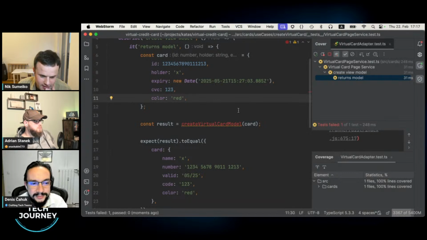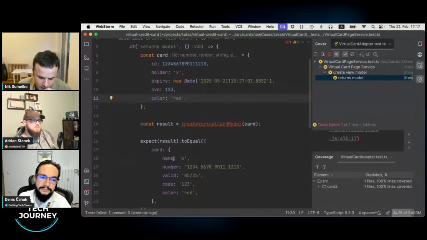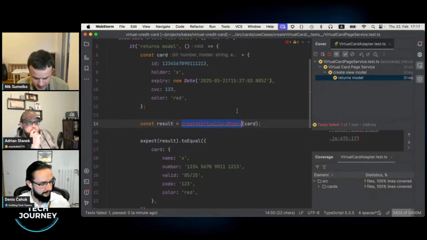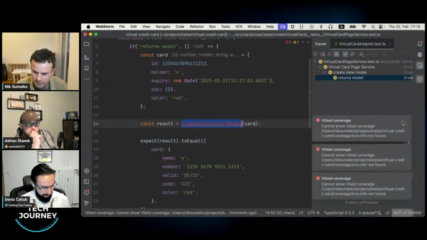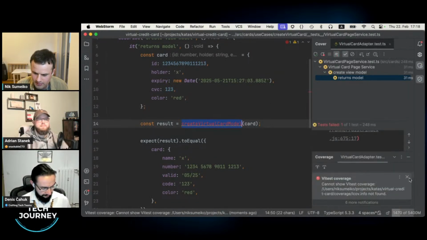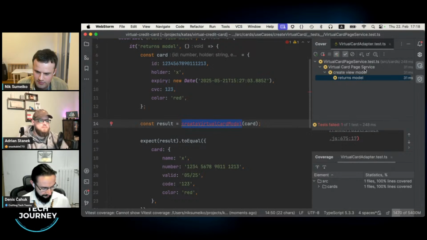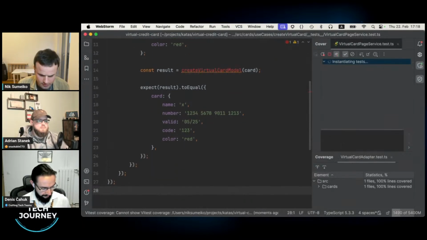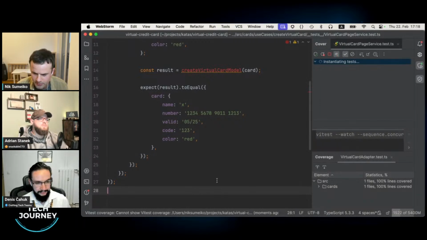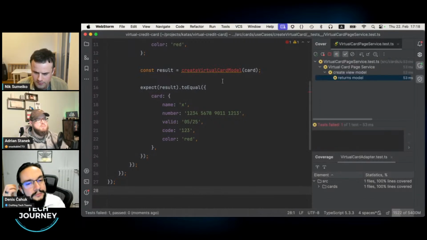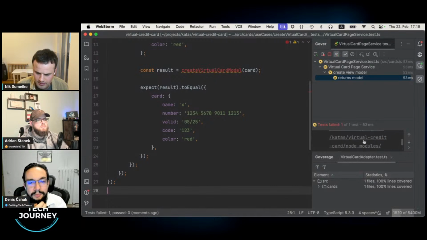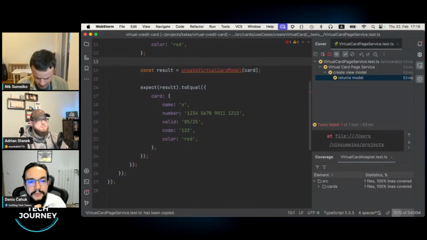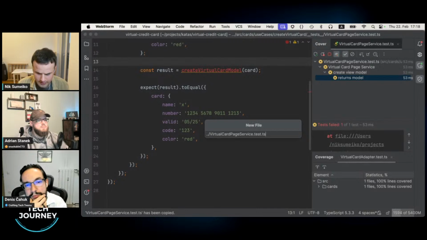So we created a test where there is an arrangement part, action part, and assertion part, okay? We picture that there is some function that actually will do the job. So I will stop the currently running test from a previous adapter. Oh, it's actually this one that was running. Okay, let's run it again, no problem. It will, of course, fail because it doesn't compile, cannot find it. So I start by creating the service itself.